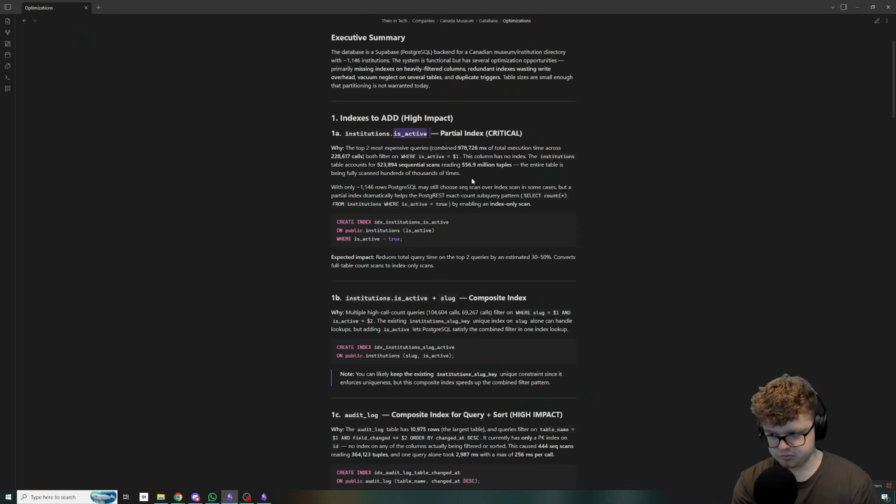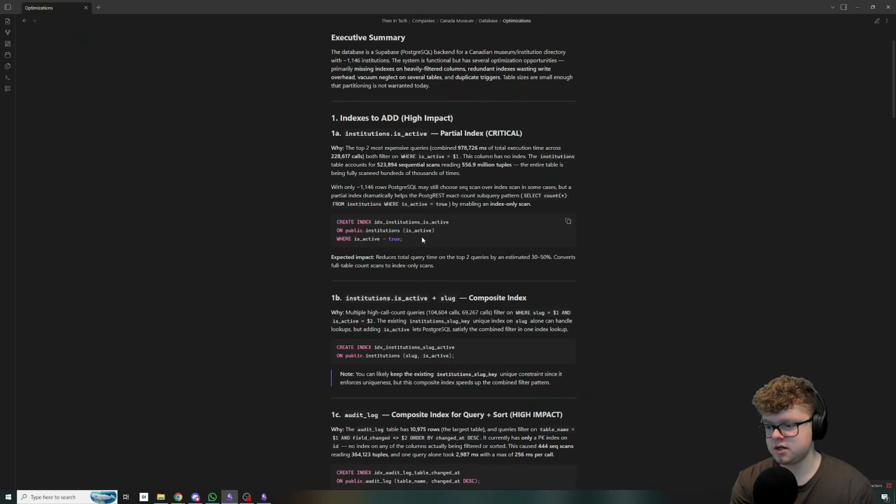The partial index is basically just looking at the is active data. So as you can see, that's how he does it. He creates an index on the public institutions on the column is active, and looks at if is active is true,